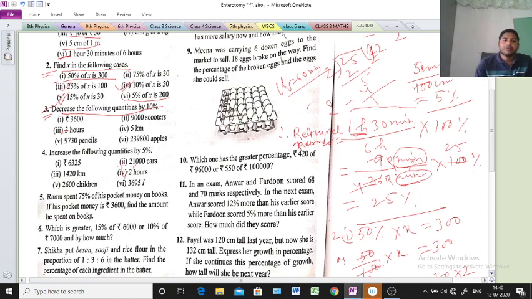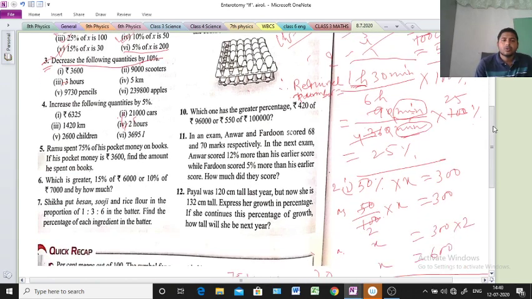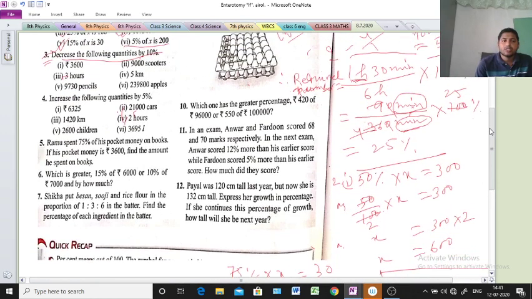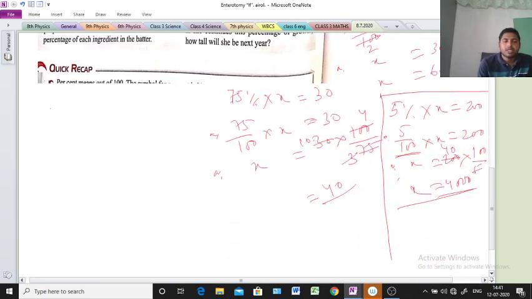Okay, so first problem is rupees 3600 and decrease by 10%. So how to do this one? At first we'll write rupees 3600. Okay, we find out what percent? 10%. So 3600 into 10%. Clear? So calculate this one. This one also we can do it. So see, two ways we can find out. Just one process we are doing now. Later another process also we will discuss.